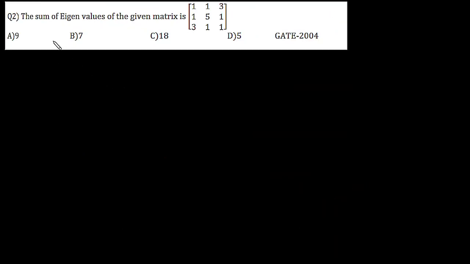Okay, now let's solve question 2. Question 2 says the sum of eigenvalues of a matrix. Here it is a very simple question. It can take only a few seconds with the help of a property. The property says the eigenvalues,